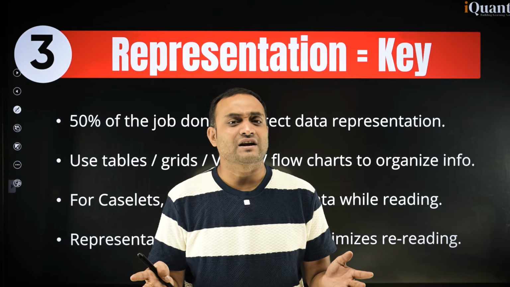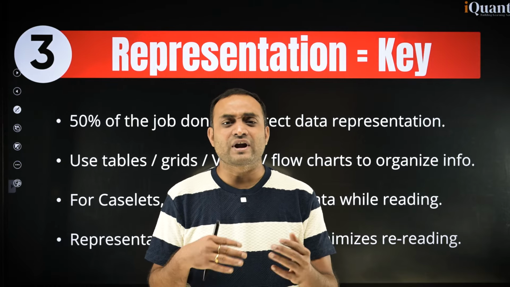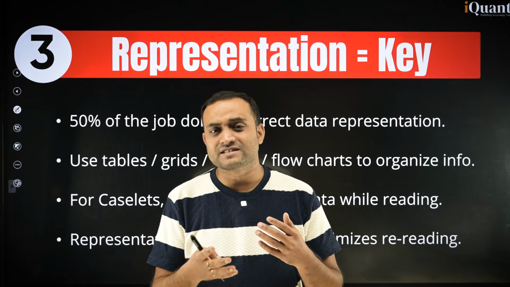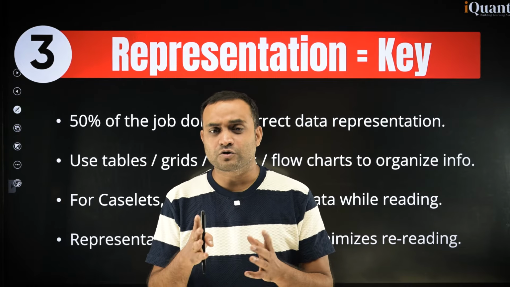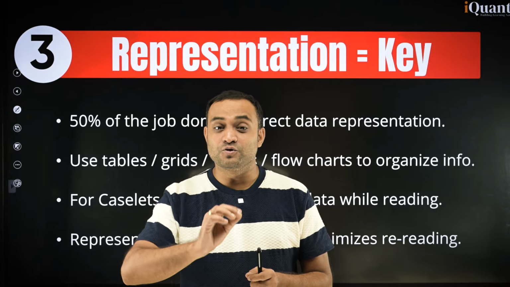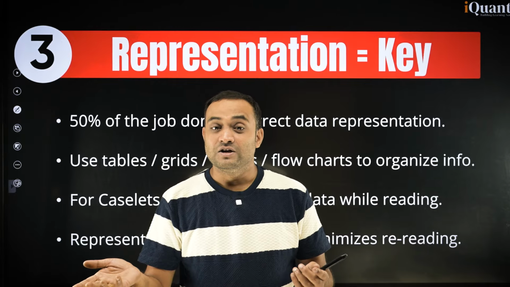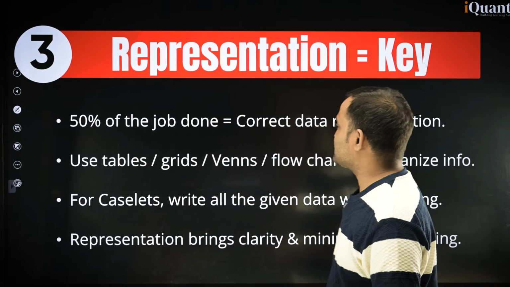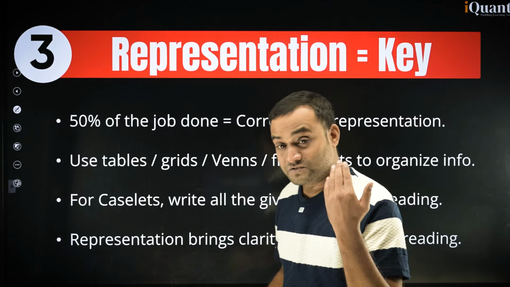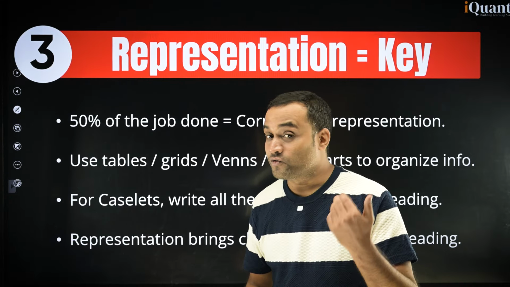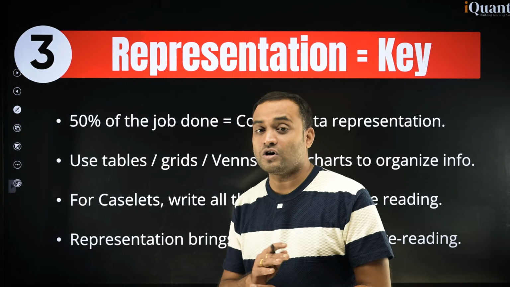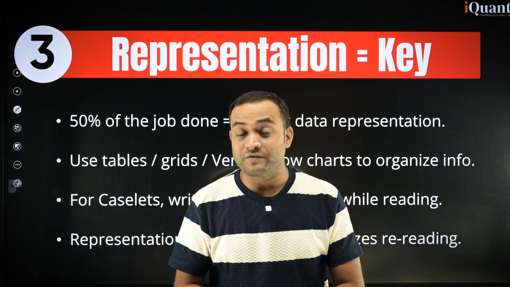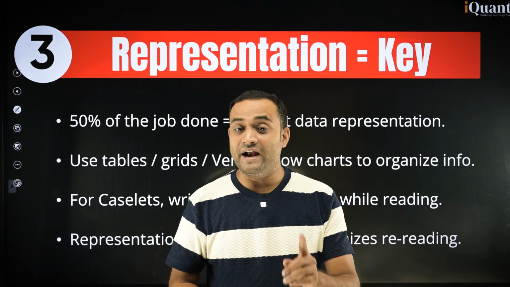But they have never done that, right? They always try to do random things with the given information. They never practice this, that a routes and network question can be solved easily if you draw the proper route. Okay, so there could be different types of sets, different types of topics, like you can say table, matrix, grid, Venn diagram, right? Lots of different types of representation of data can be used, and you should be good about that.